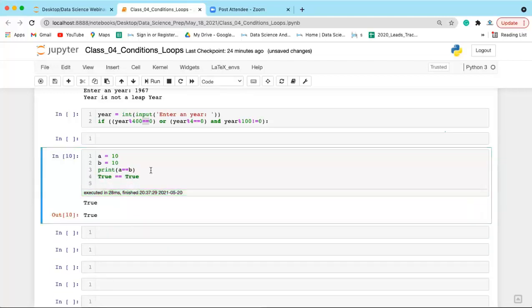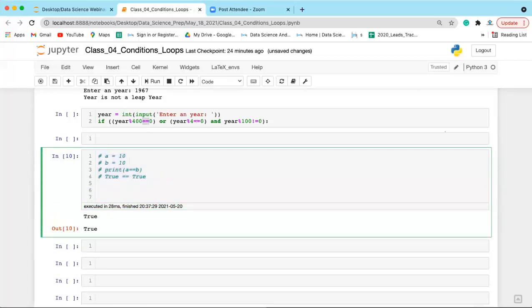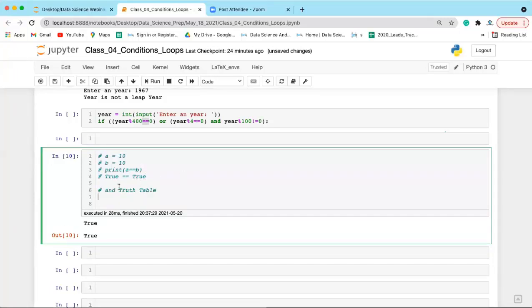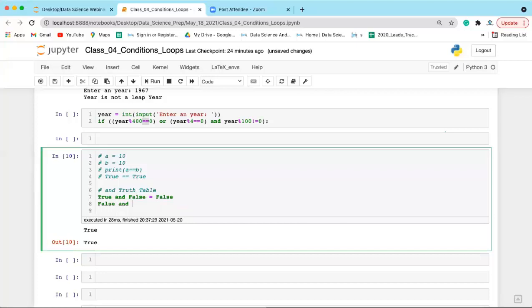Fine. Now one more thing. This OR operator and this AND operator are called logical operators in Python, and they follow a truth table. Now what is this truth table? In the case of AND, if any one value is false, the result is false. For example, true and false, result is false. False and false, the result is false.